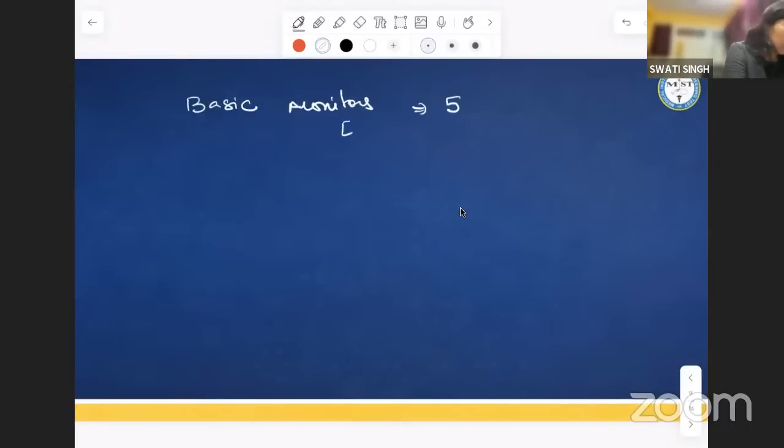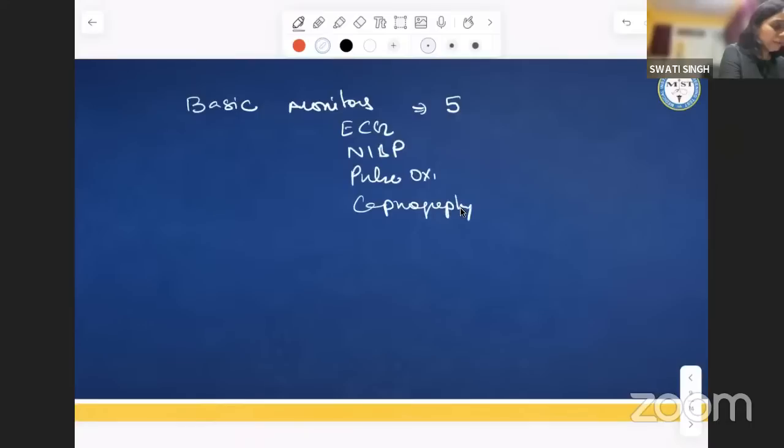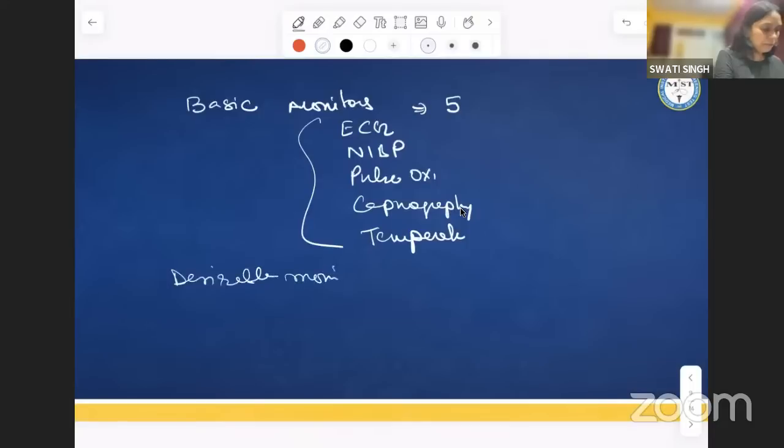What are those? ECG, NIBP, pulse oximetry, capnography, and temperature monitoring. These we always attach in all patients. And apart from this, there are two desirable monitors. Okay. So desirable monitors, what are they? BIS monitoring, bispectral index, and another one is